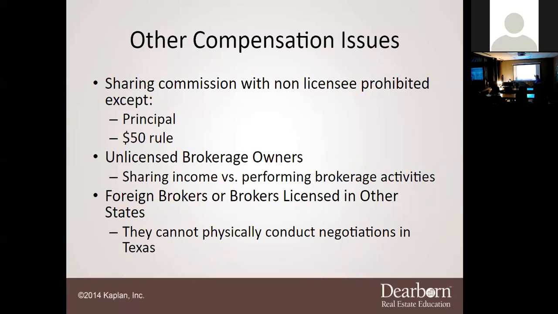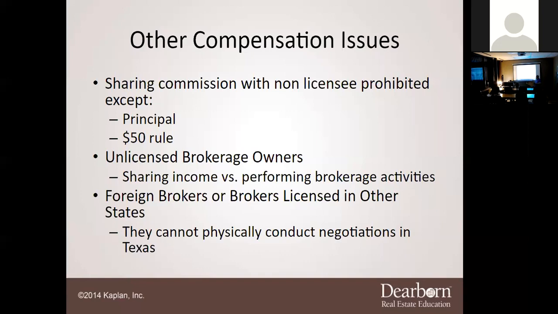Okay. Now you can, however, share with the principal. Cody, you could go out if you're representing Travis, and Travis is needing $2,000 to close his loan. You can give him $2,000 out of your commission to Travis, because guess what? Travis is the principal. Okay.